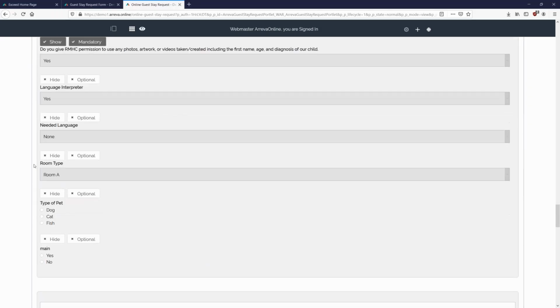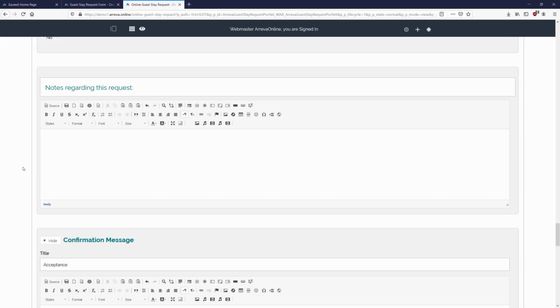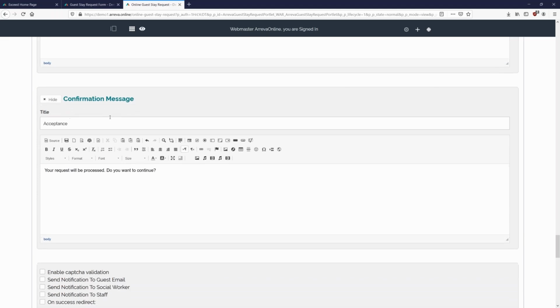And as we go down to the bottom, there are just a last couple steps here. Last one being our comment section. So if you just want to change the title, it gives you that ability. Comment feeds into the notes section for the request itself. And then last but not least, we have our confirmation message. That confirmation message you're going to see is when I set this to